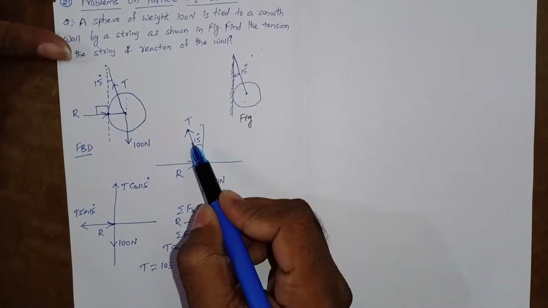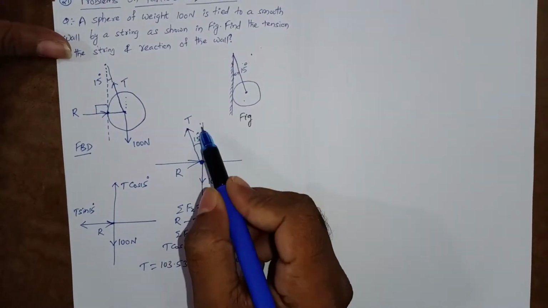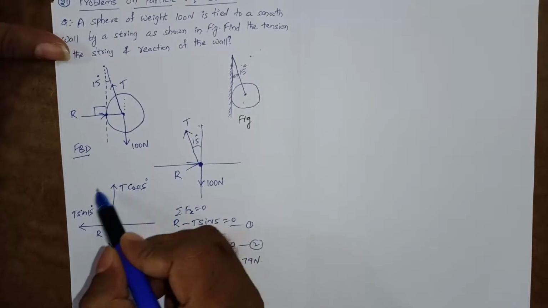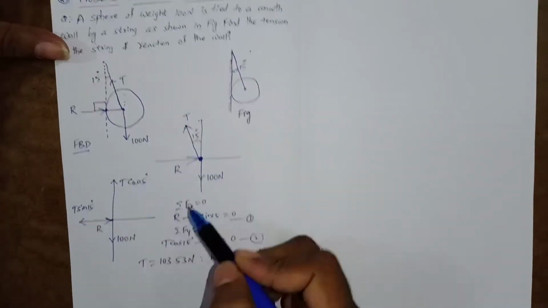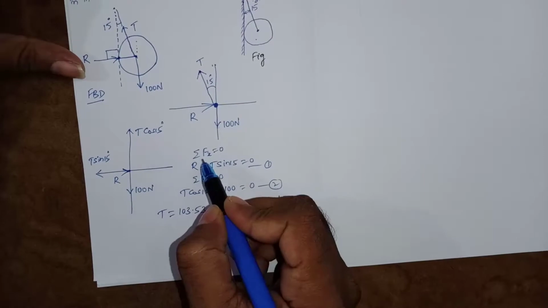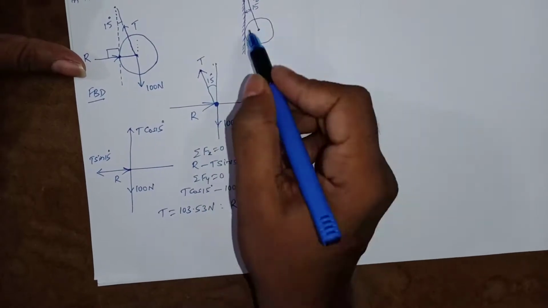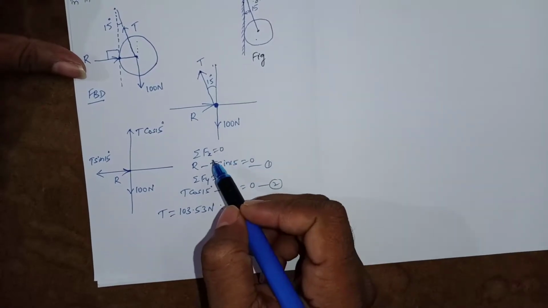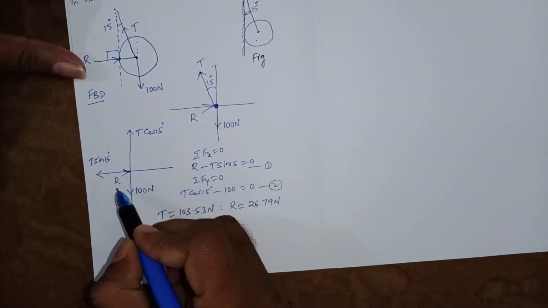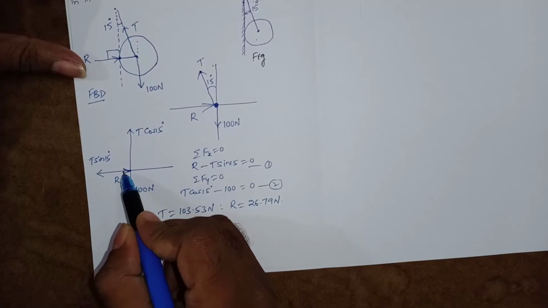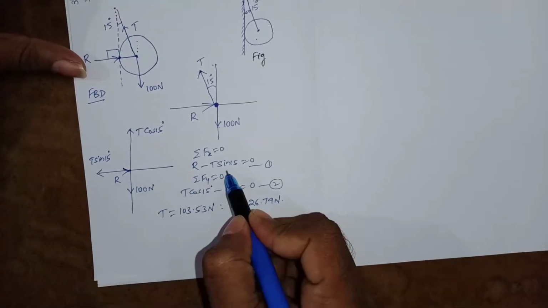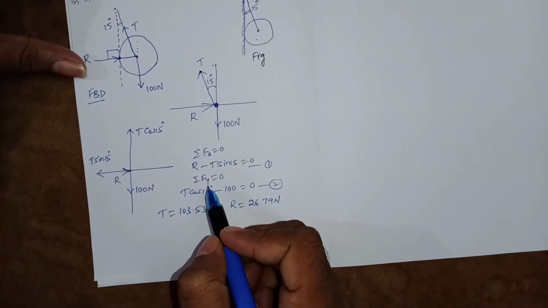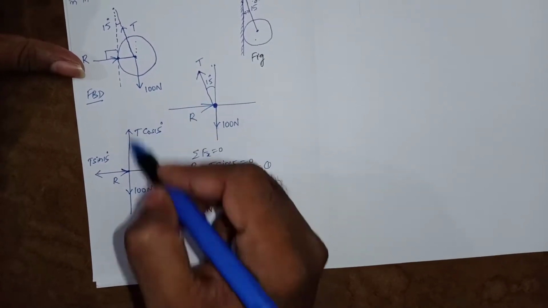So here the two components are, one is T cos 15, and this will become T sin 15. So they are shown here. Now after this, we can write sigma Fx equal to 0, since this sphere is at rest. So the net force acting in x direction is 0, that is sigma Fx equal to 0. And from this figure, we'll get R minus T sin 15 is equal to 0, equation 1, and writing sigma Fy equal to 0 because the sphere is not moving along y direction,